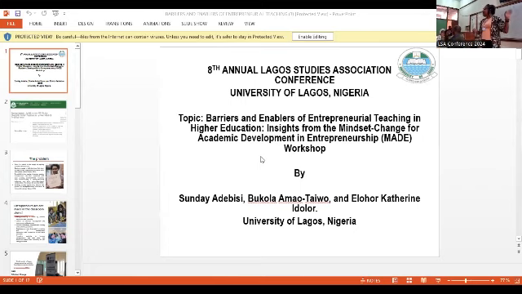It requires an integrated curriculum that infuses innovation and creativity at every step, and it also requires preparing students to become entrepreneurs. I use these two pictures to depict the fact that skills development is quite different from entrepreneurship, and my partner is going to shed more light on that.